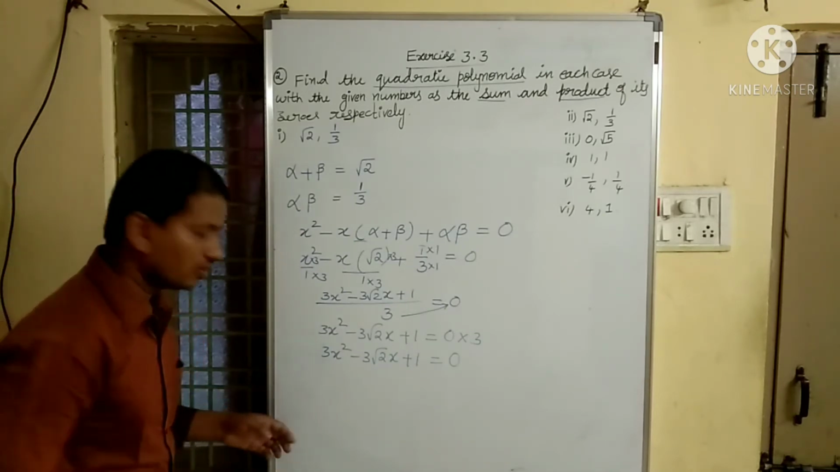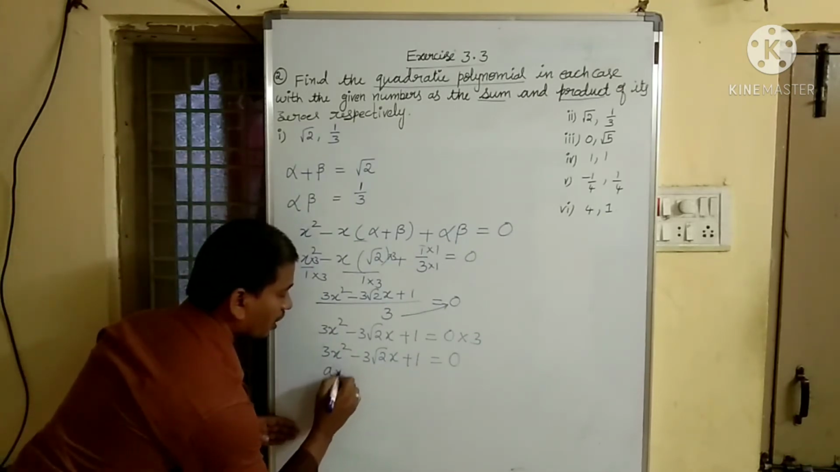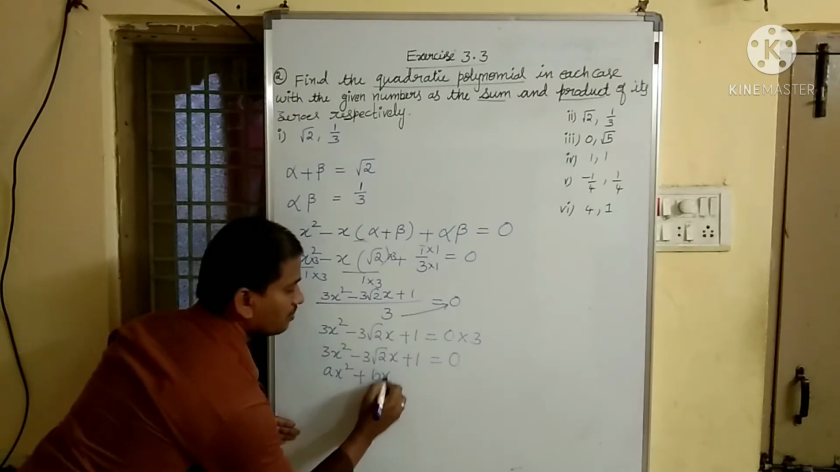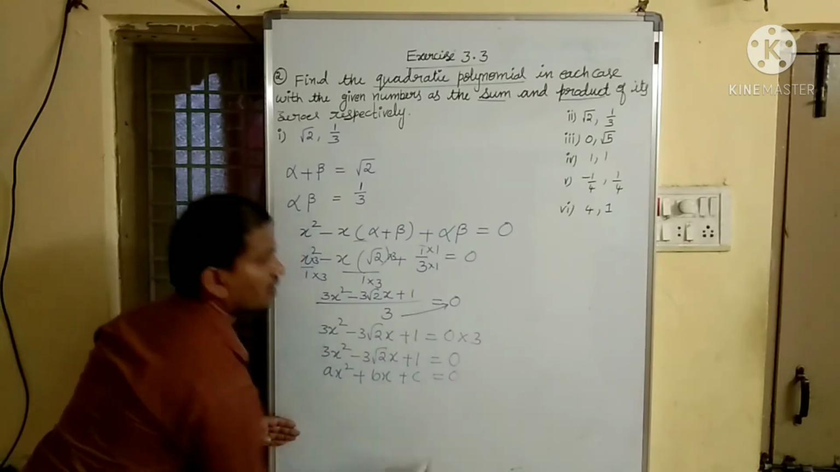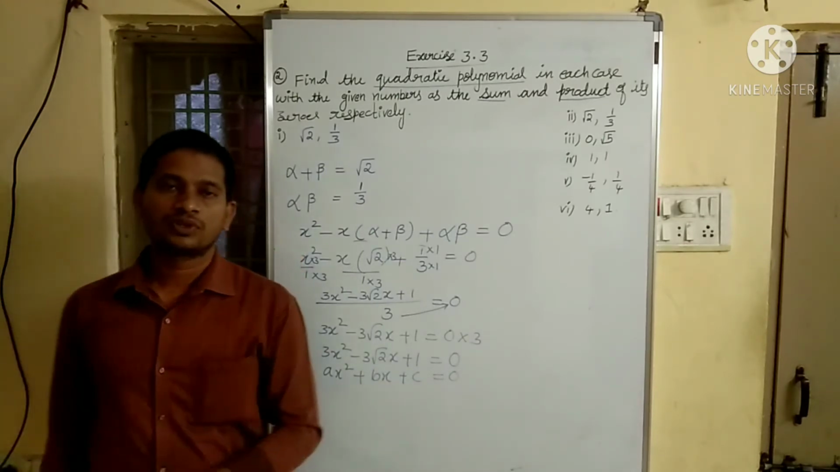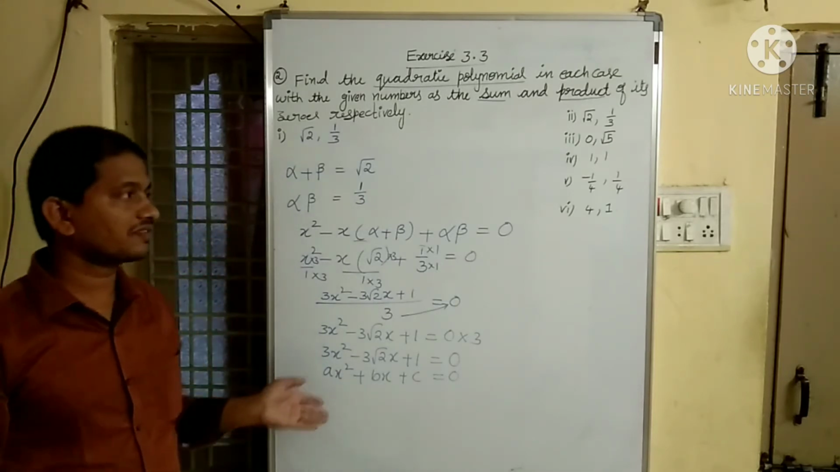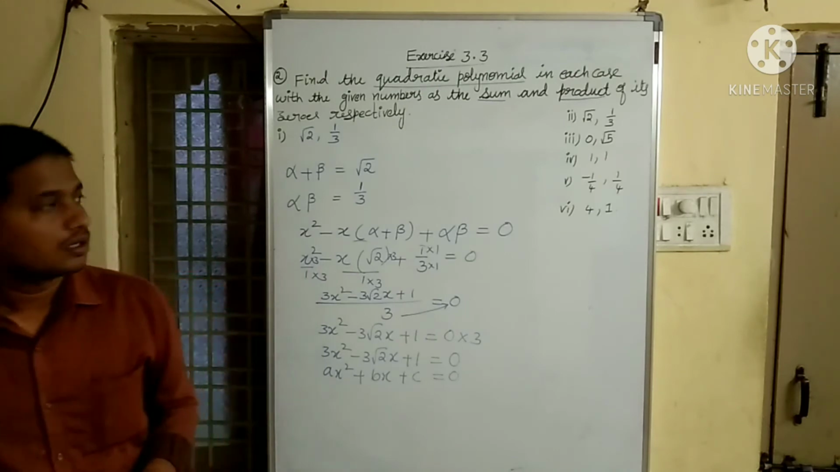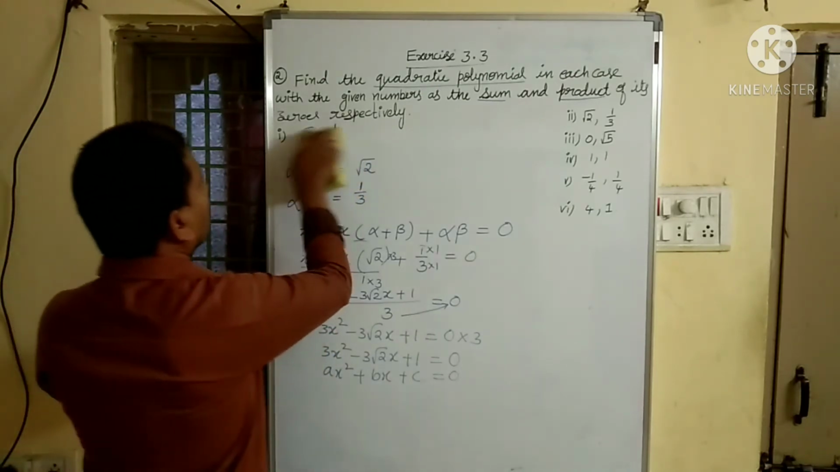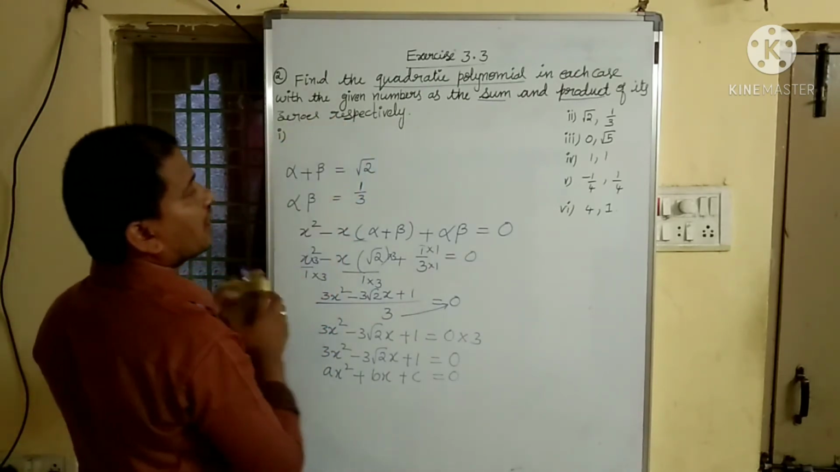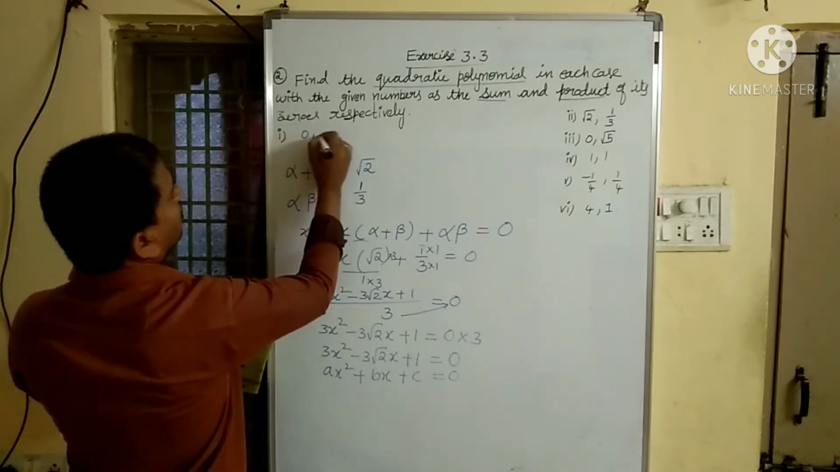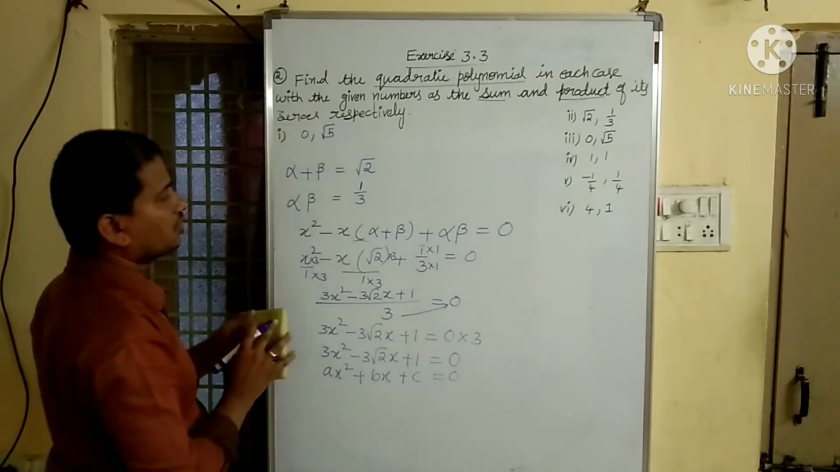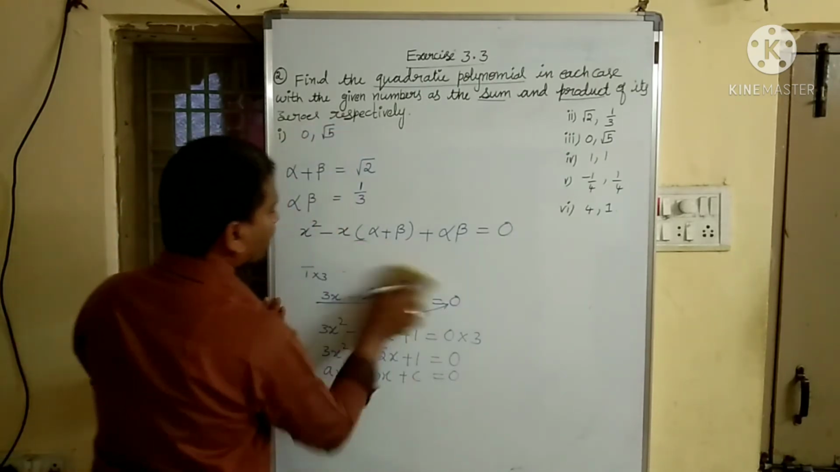See, it is now in the form of ax square plus bx plus c is equal to 0. Okay. Coming to the third one, given sum and product are 0 comma root 5. Let us find out